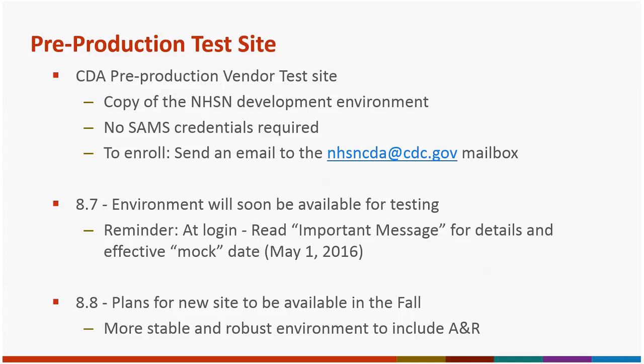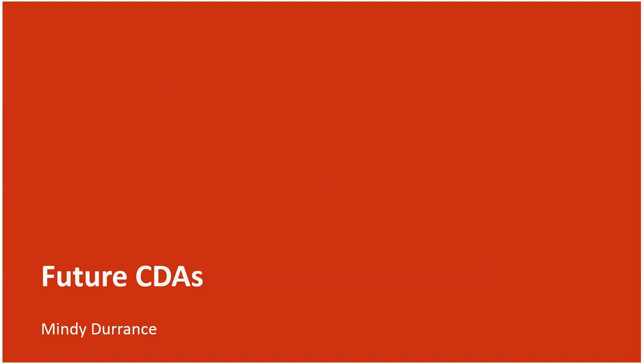We are still working on the new site. I'm like 99% positive it will be available in the fall, and we are hoping actually way before that. It's going through security scans and so on at the CDC right now, and we're looking pretty good. It will include stats, so there'll be analysis and reporting available. So those of you who do AU and AR will be able to see your data. And for the HB denominator, we'll be able to see the data imported. So be looking for that. Next slide.